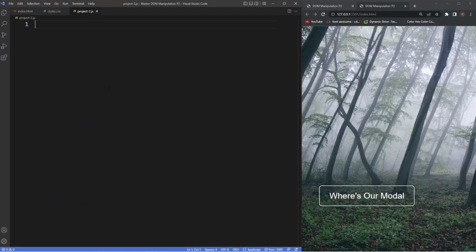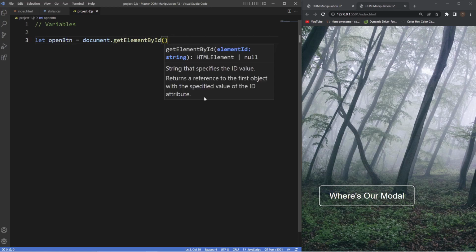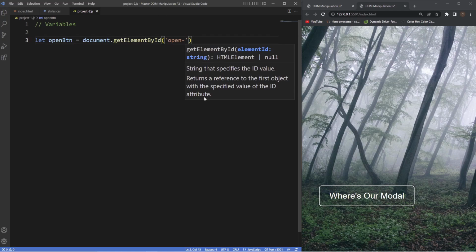So we'll head into the project2.js file, and the first thing we're going to need to do is just create some variables. So one for the open button, one for the modal container, and then one for the close button. So we'll just put in here a comment for variables. We'll say let openBtn equal document.getElementById, which we're going to be using for this example, and this has an ID of openBtn,